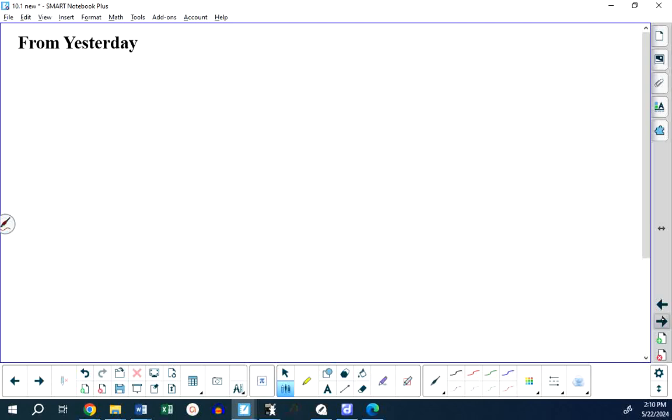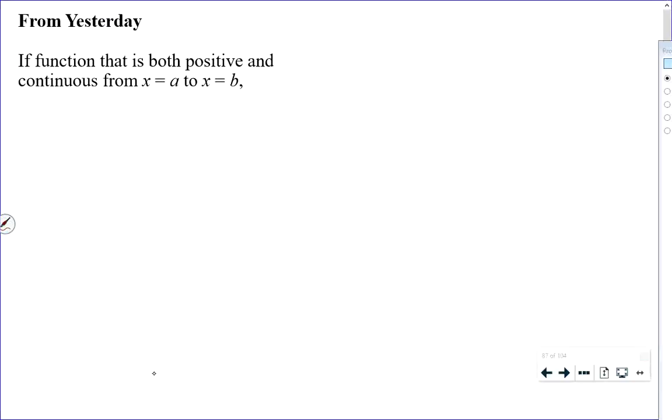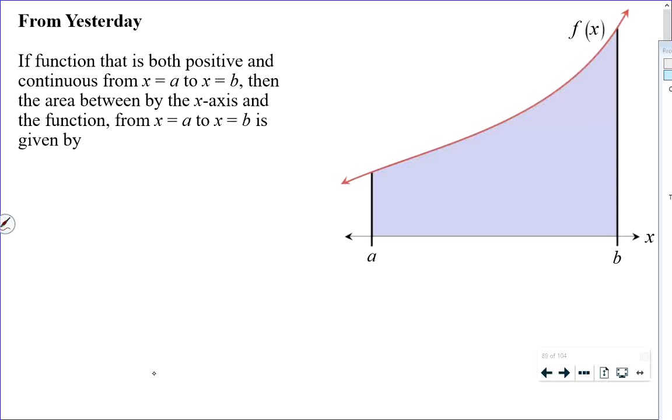10. So from yesterday, we have said the following, that if a function is both positive and continuous from x equals a to b, that's what it looks like, right? That's what it means. I mean, I don't know that it looks like that. It could be going down. It could be wobbling up and down. It doesn't really matter. Then the area between the x-axis and the function from x equals a to x equals b is given by